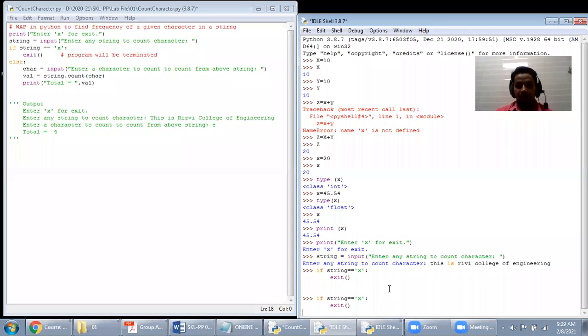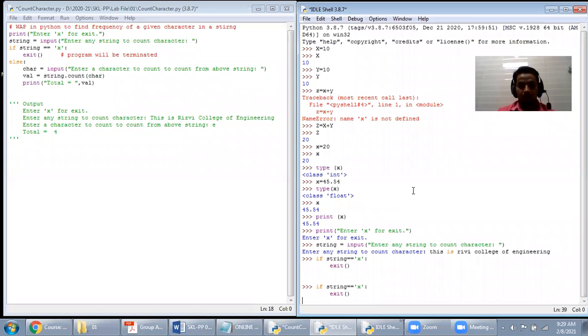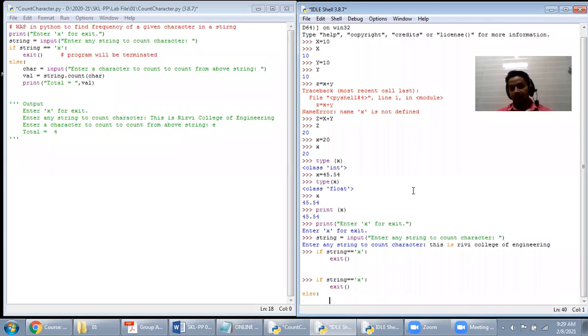Now here you write it. For example, else you have written, once again colon. It will give you the indentation right now. You can see the indentation mark just below the exit. It is given to you. Now here you can write the statement. Hope you have understood the indentation marks. And after that, once again we want to accept the character.